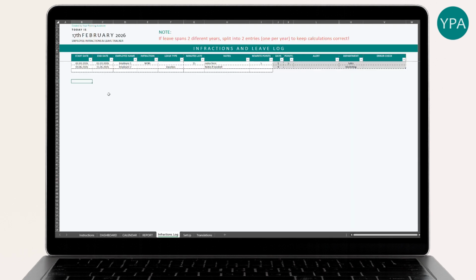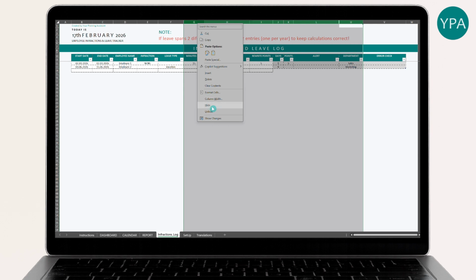Now I will demonstrate that the infractions log sheet is designed to minimize human error, at least the types of errors that can be detected based on the data entered. It includes built-in validation and an error check column at the end of the table. Let's hide those columns we don't need for now so we can see the last column of the table in